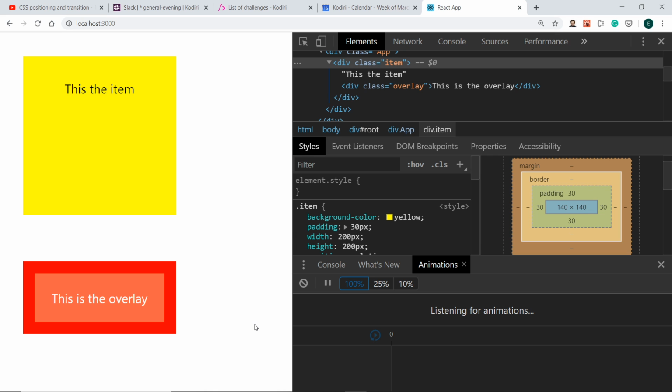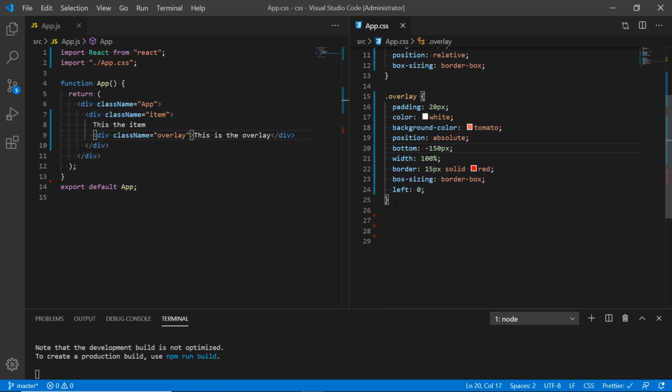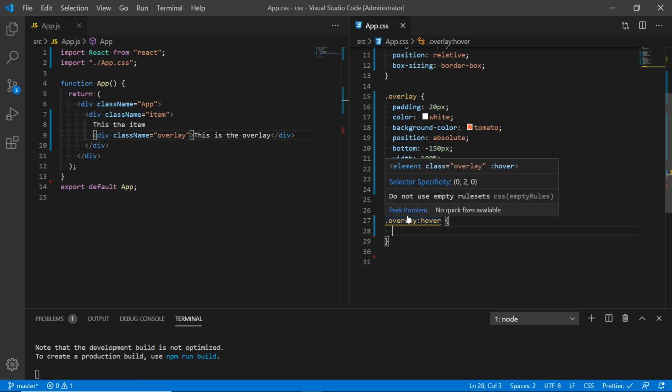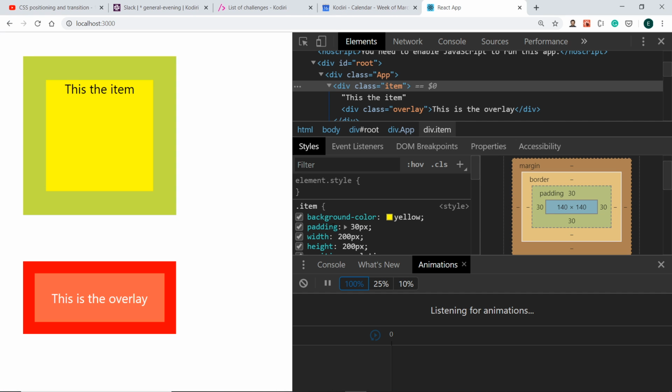There is a way to do it with CSS, that is just typing the name of the class, that is overlay, and then hover. What this is going to do is, once we hover over this element, it's going to apply the properties that we specify inside. In this case, I want bottom to be 0, again, like before. So when I hover,